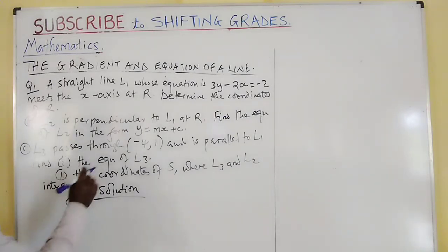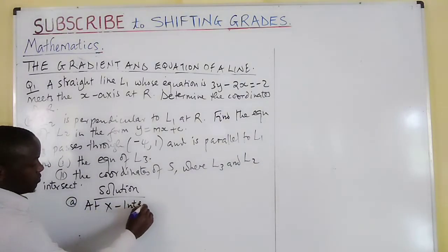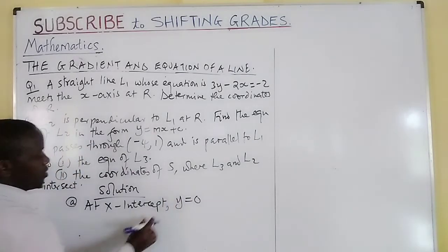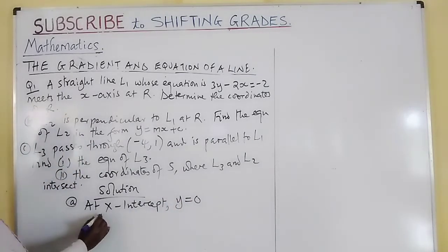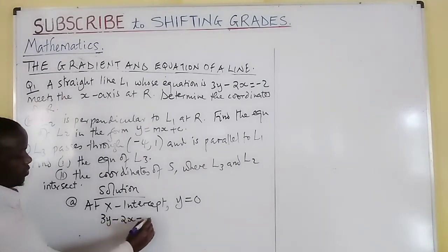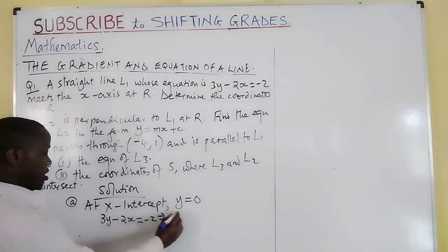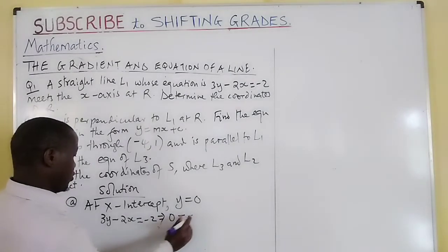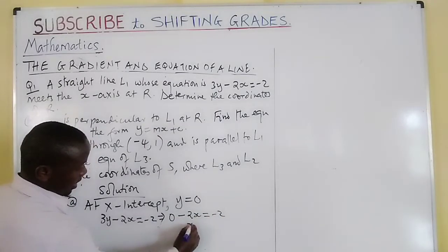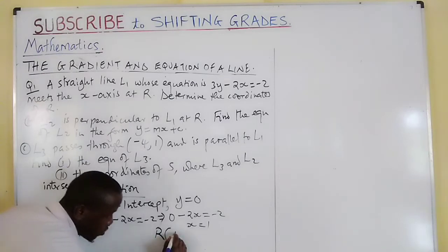Therefore, because we have the equation, we can say that at the x-intercept y is equal to 0. Therefore, we take our equation 3y minus 2x is equal to -2, and where we have y, we put a 0. So this implies that 0 minus 2x is equal to -2. So x is equal to 1. Therefore, the coordinates of point R is 1